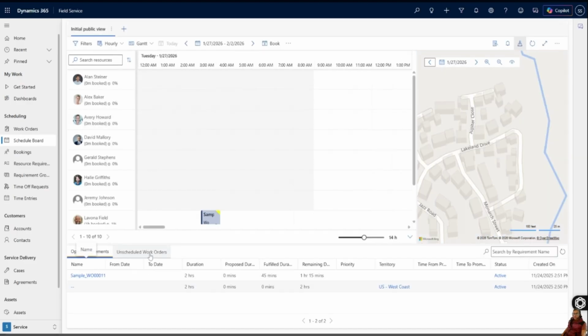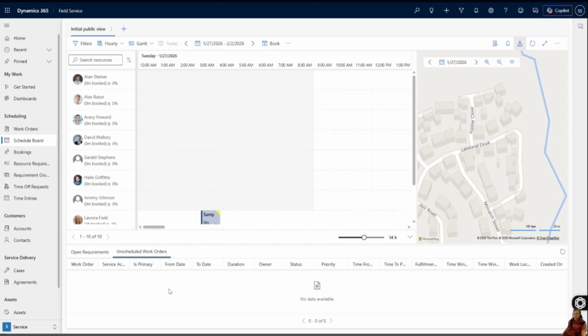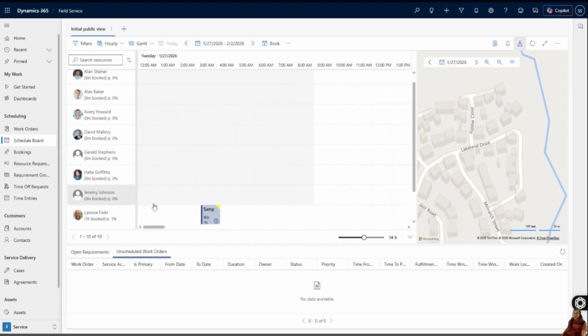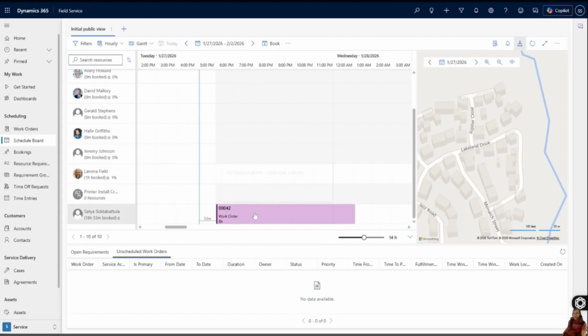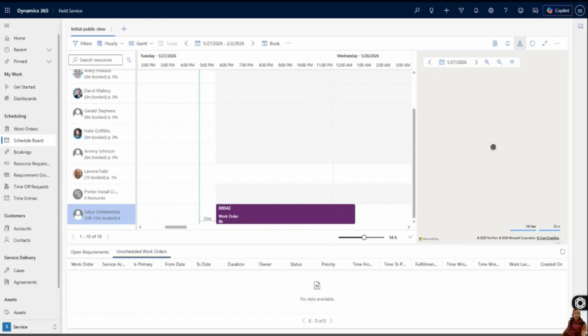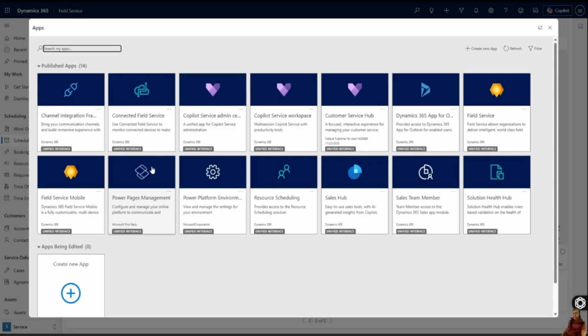Right, okay, so open requirements. I can see the particular work order is being worked on. Okay, it says arrived, and then if I go ahead and complete this job,